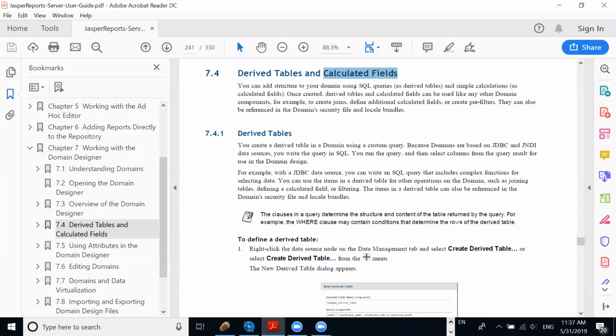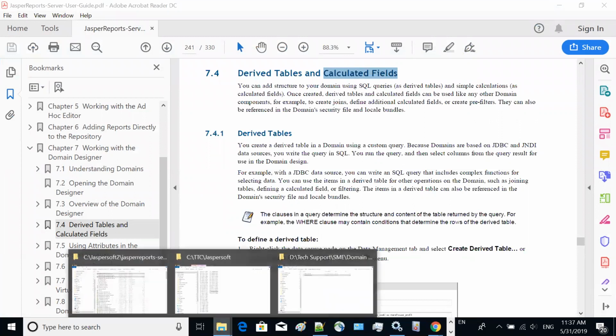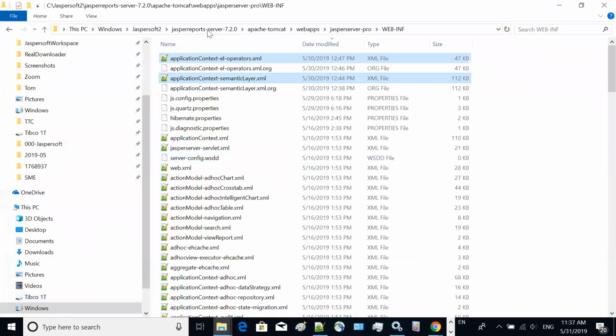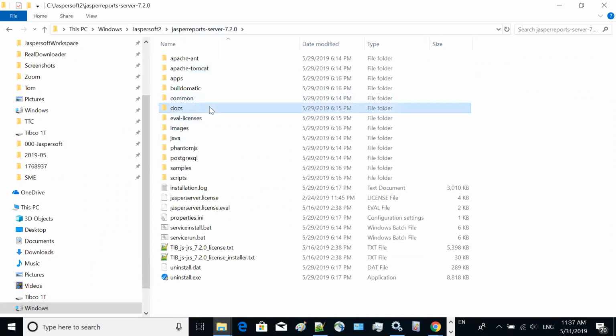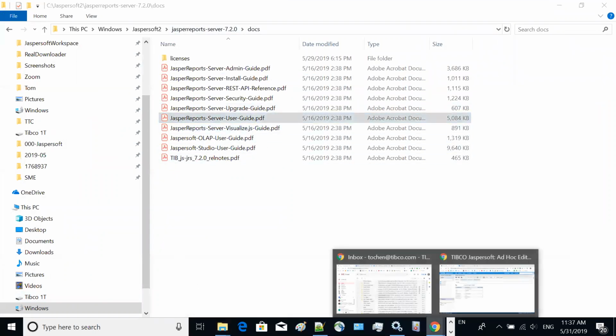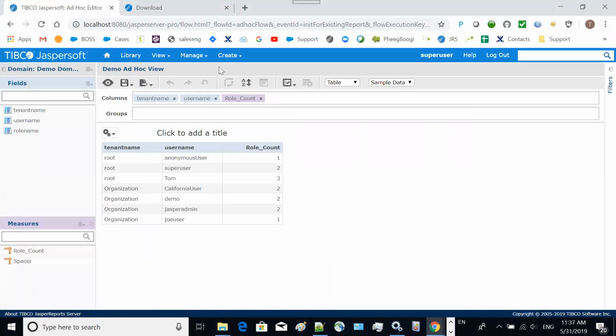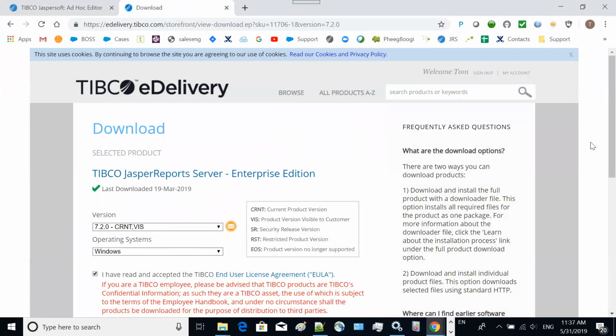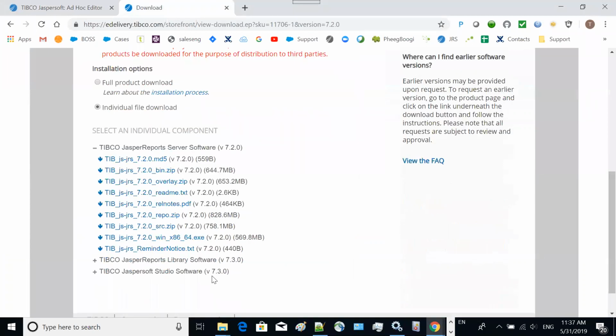The user guide comes with our installation package under the docs directory. To get our new release, you need to log into your support portal and go to the delivery under 7.2. You will see the available